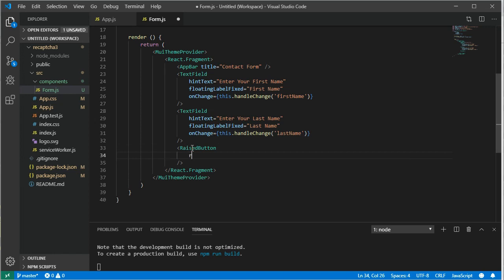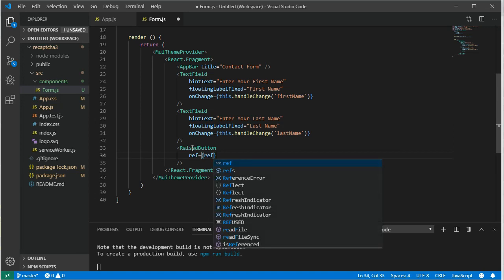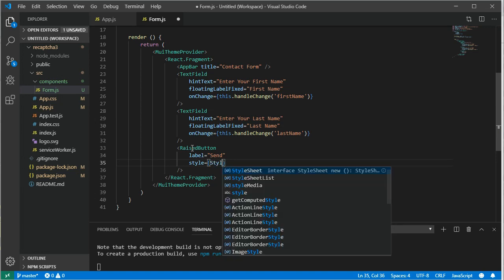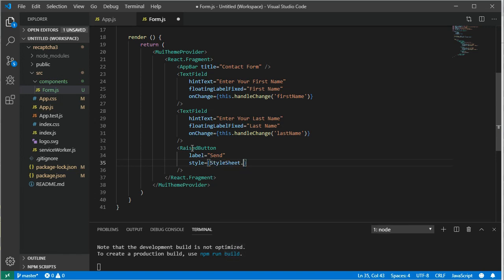And here we will have the reference. No, the reference. So we will have a label, which is gonna be send, and then we will have the style, and the style is gonna be style sheet dot button,